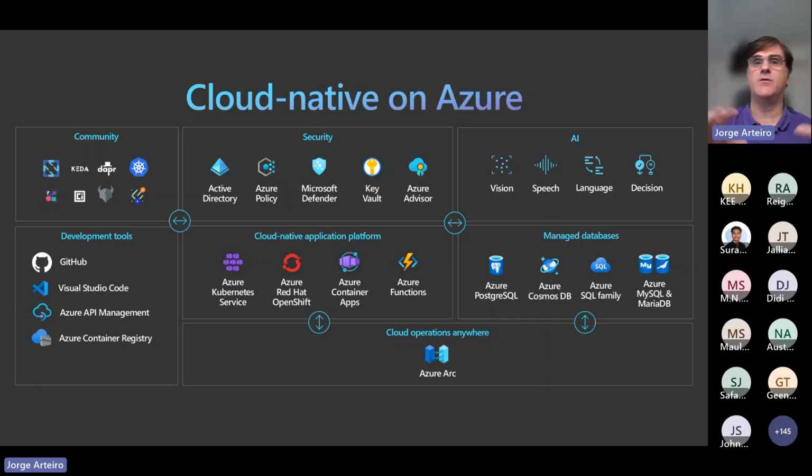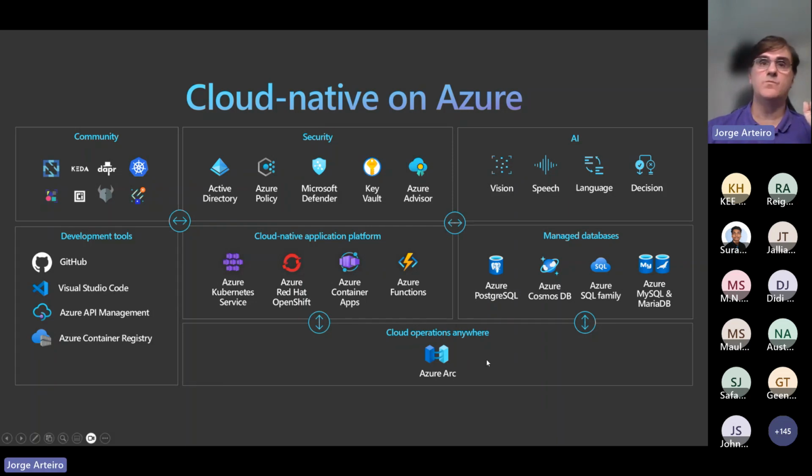And Azure now has this thing called Azure Arc here at the bottom. It's a way that, from Azure, you can manage things running on Azure, running on other clouds, and even running on your data center, on-premise physical machines. It's called Azure Arc. I'm not going into details today on Azure Arc, but I recommend you have a look at it later as well.